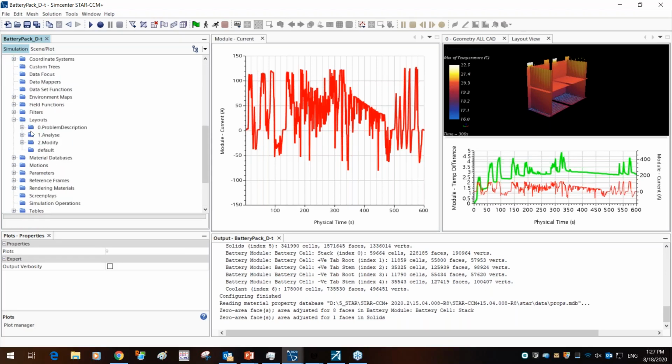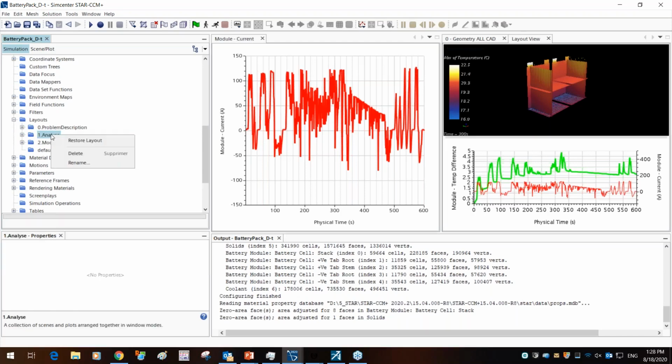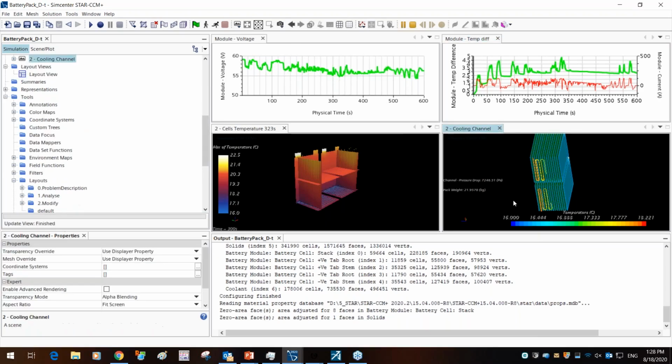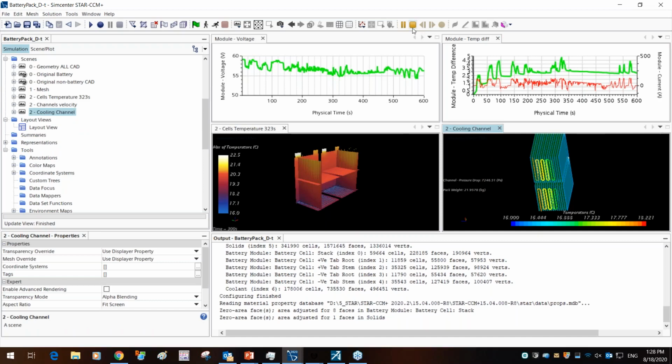So if I expand on layouts and I want to look at analyze layout, I'm going to restore the layout, and it creates this window where I can visualize my data and compare different data points. Out here you can see that this is an animation of the fluid flow, which can be paused and stopped in this animated window.